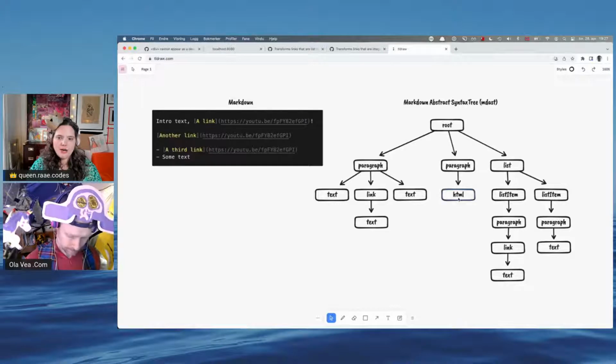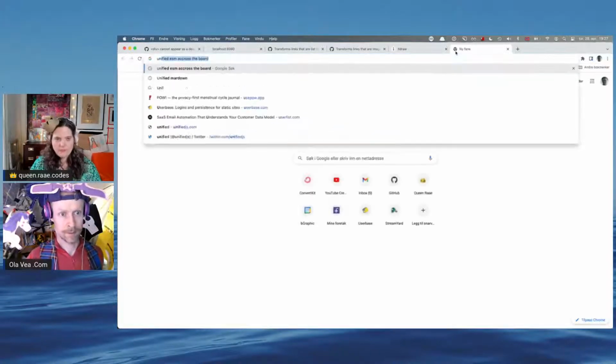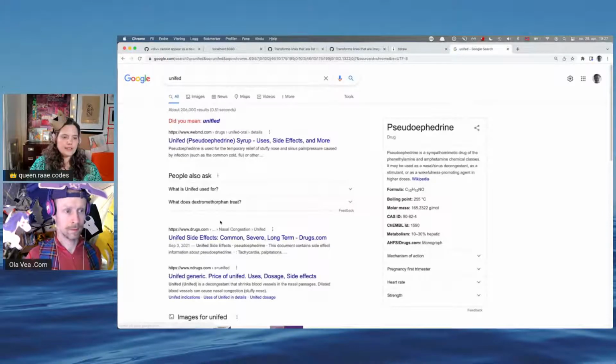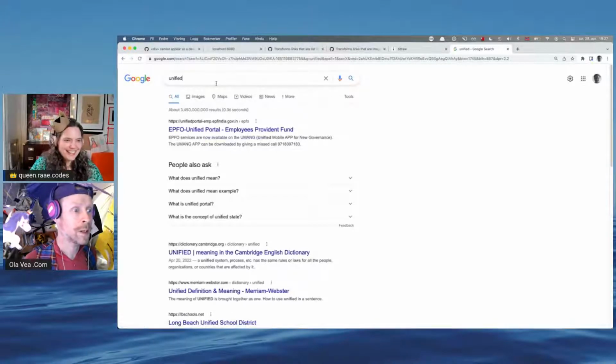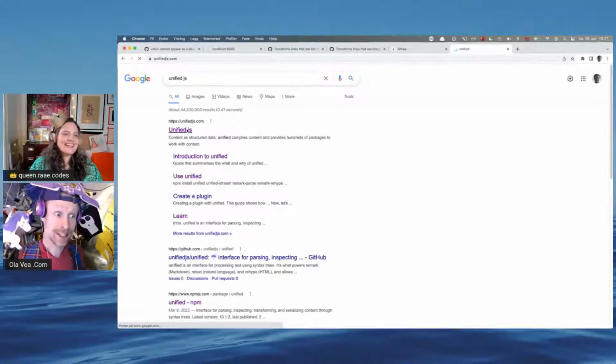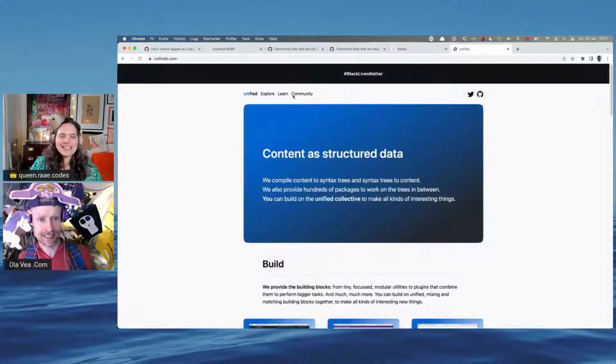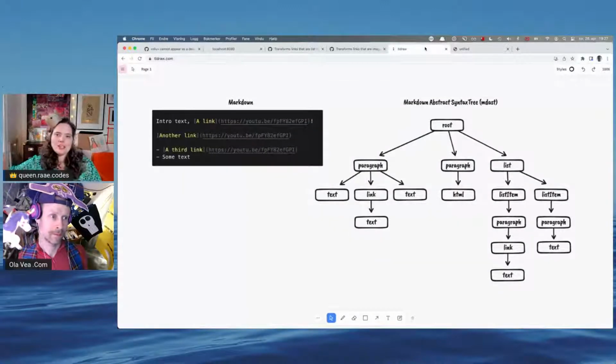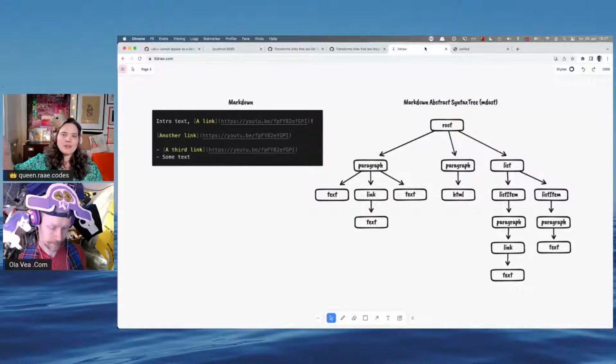And for the solution as of now, I just use this HTML node as a catch-all, because then I can just put HTML in there. But I've been digging into the unified ecosystem. Unified JS. It's a whole ecosystem of how you can work with structured data. So what we're doing here is taking Markdown and making it into a Markdown syntax tree. Then it's made into an HAST, which is a hypertext syntax tree, and then that is transformed into an HTML string that we can actually use on our site.